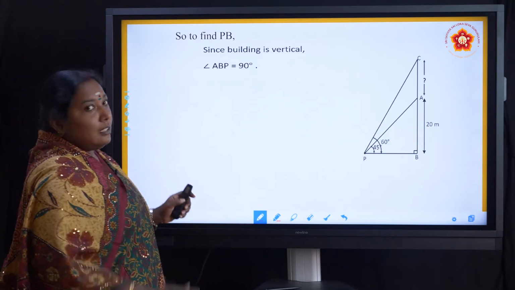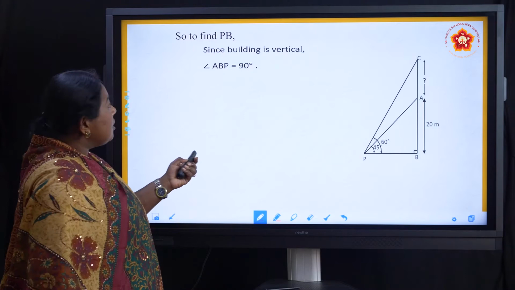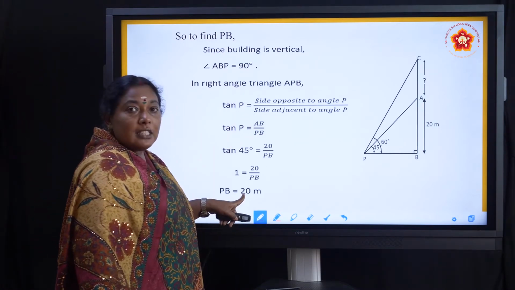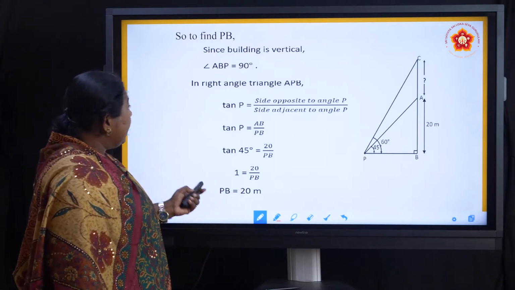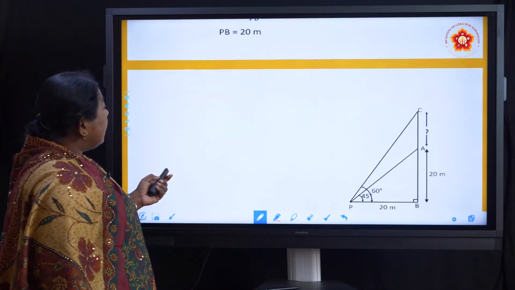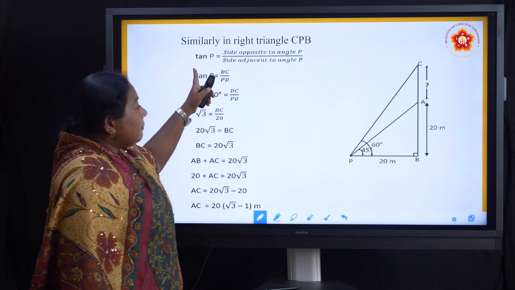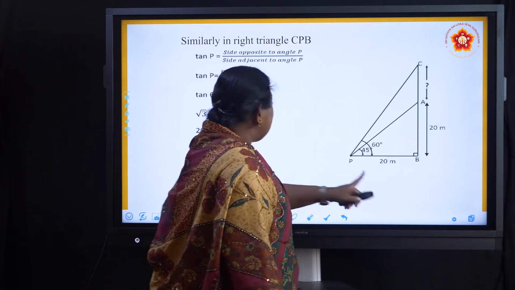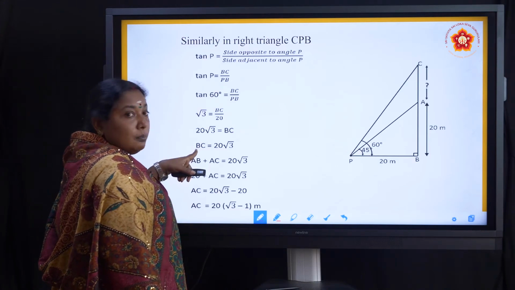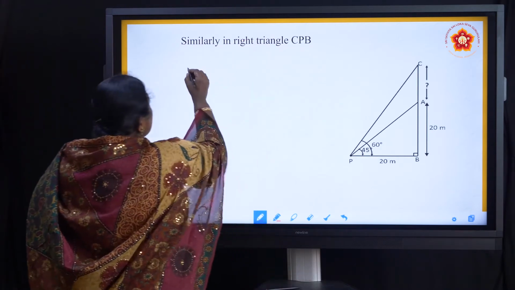Since the building is vertical, it is 90 degrees. That is why we are applying the trigonometric values. In the triangle APB, we got the value PB is equal to 20 meter. How? Because we are applying the tan values. Next, in the triangle CPB, tan 60 degree is BC by PB. At last I am getting that BC value, BC is 20 root 3. So after that, what I am going to do is